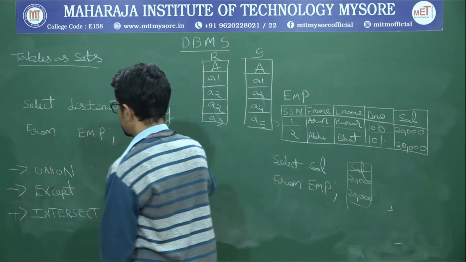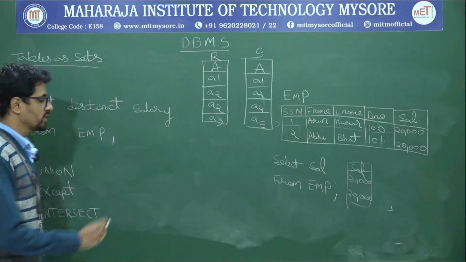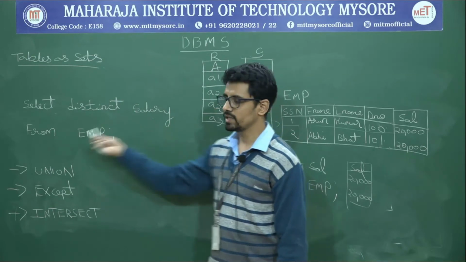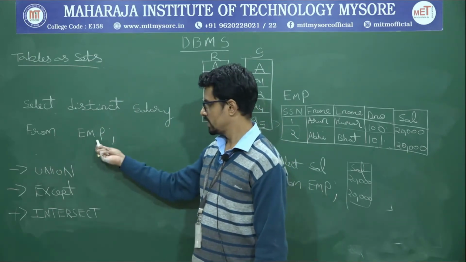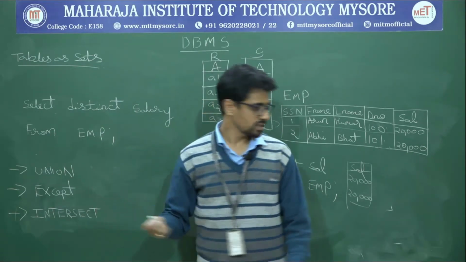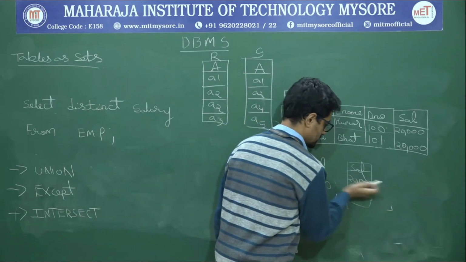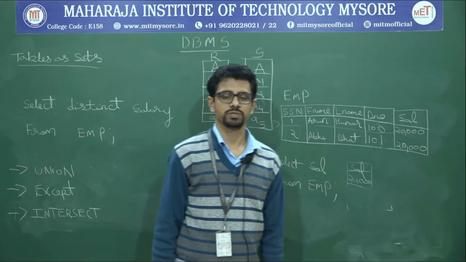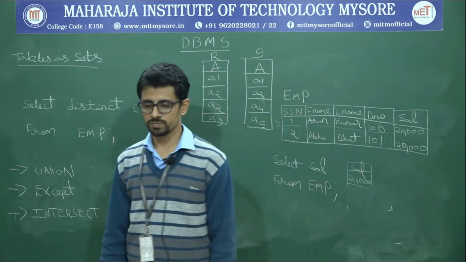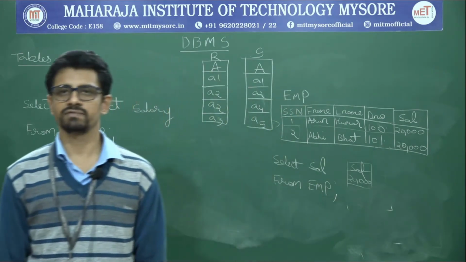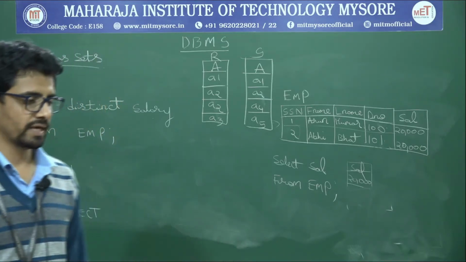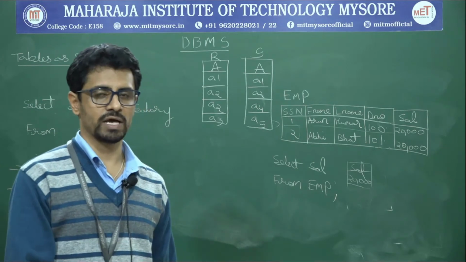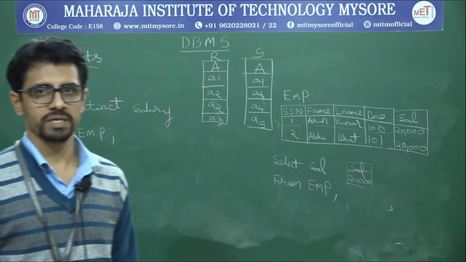As you can see, the same query has been written with the help of a distinct keyword. Select distinct salary from EMP. So automatically what happens? The output I will be expecting is this set operation. Okay, so this is possible. In case of distinct, we have select all also. We can have a select all to have all. Just to select unique values, you can have just the distinct keyword specified.